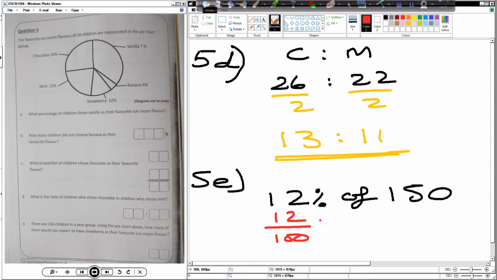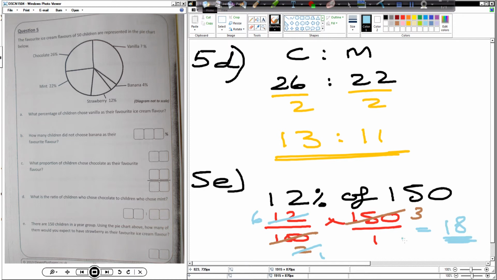If you change percentage into fraction, of means times. This is the traditional way of doing percentages. Let's cancel it down. So we divide the 100 by 50. That gives you 2. 150 by 50. That gives you 3. We divide the 2 by 2. That gives you 1. 12 by 2 gives you 6. So we do 6 times 3. And that gives you 18 as the answer. Expect 18 students to have the strawberry